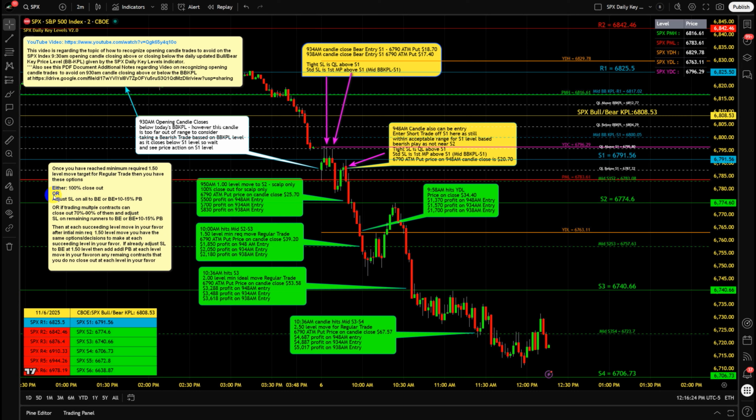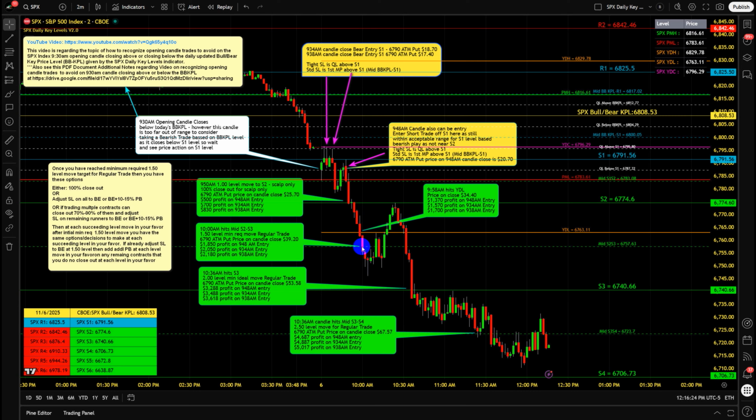However, if you kept all of your contracts, let's say for example you were only trading 1 contract. If you're only trading 1 contract, then your only option is 100% closeout or adjust your stop loss because you only have 1 contract. So if you did adjust your stop loss here and you didn't close out here, then on each succeeding level,